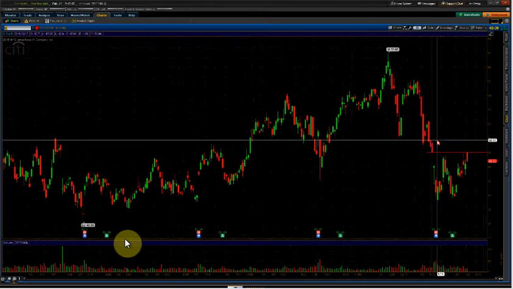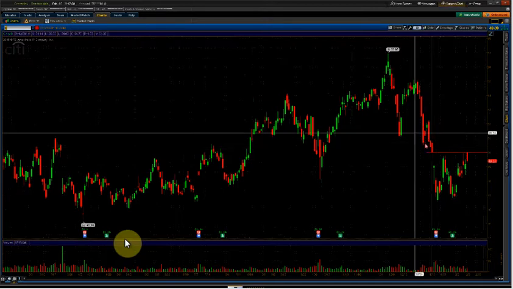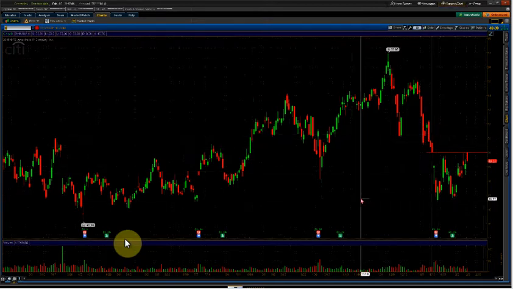But let's say I was looking at this as a puts play based on filling this earnings gap. If I were somebody that couldn't sit and watch the markets all day, or maybe I'm trying to watch more stocks than I can legitimately watch, so I need a little help watching the stocks, the other thing I like to do with this is I set myself a backup order. What I mean by the backup order is, as I prepare my trade plan, if I'm looking at it as a potential puts trade,